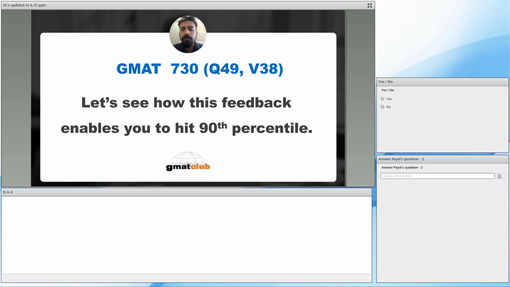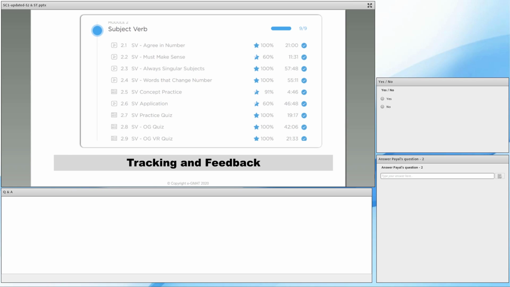Now let's look at another student and see how feedback helps the student get to a 90th percentile. We'll talk about a student, Sahil, who got a GMAT 730 with a Q49 and a V38 in record time. If you look, this is essentially the student dashboard for him. He did not score much in subject verb, but then what he did is